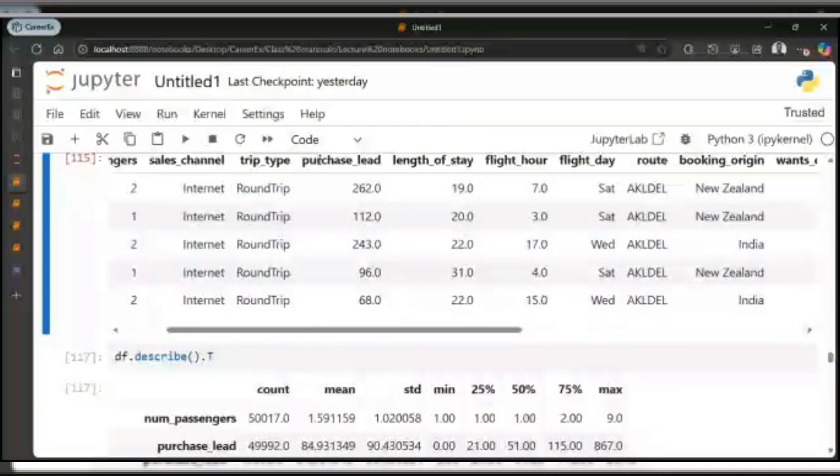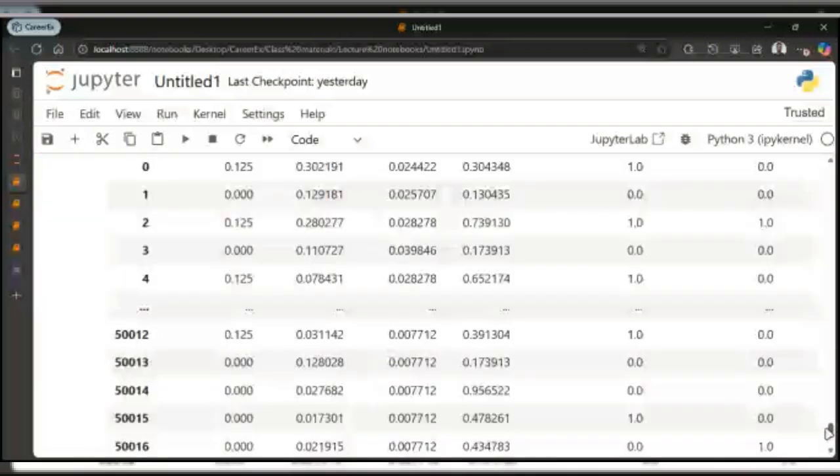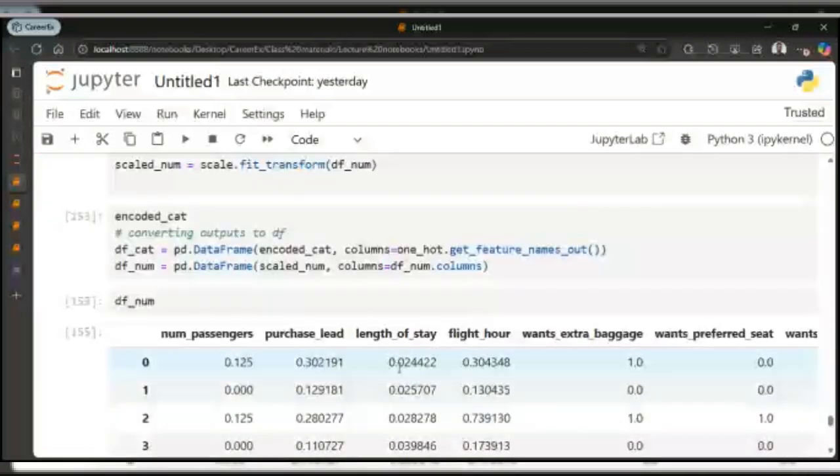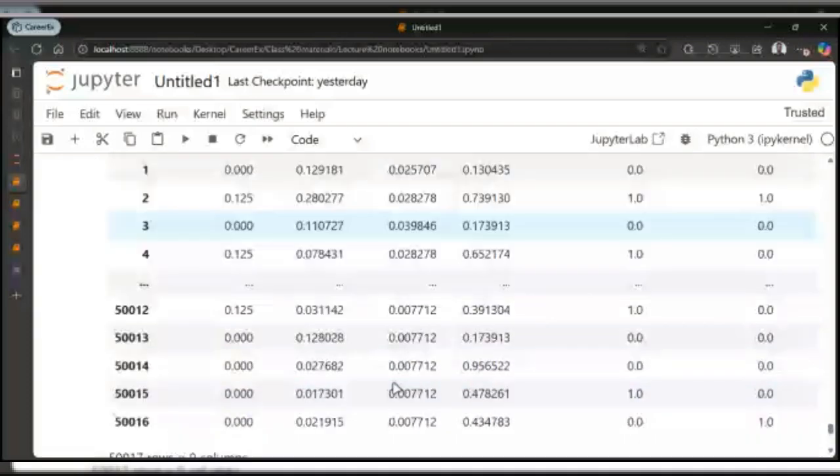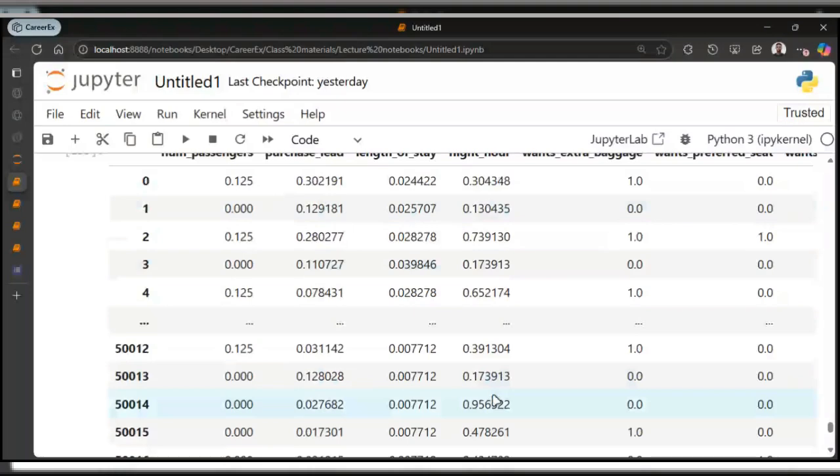So the discrepancy is not good for your algorithm. That's why you need to scale everything to be in the same scale. After scaling, you're going to have something like this. Everything is on the same scale here. You can see 0.125, 0.3, but they still have the same meaning. The same meaning that they had initially is still there, just that the scale has been changed. That's basically what scaling is.